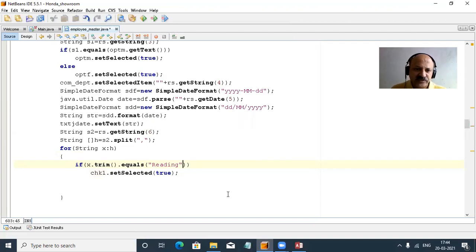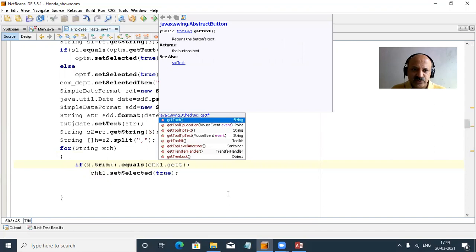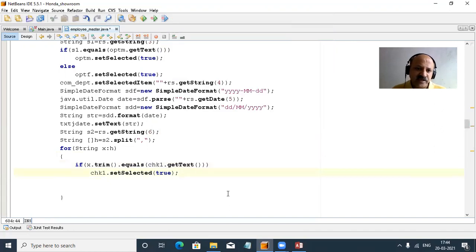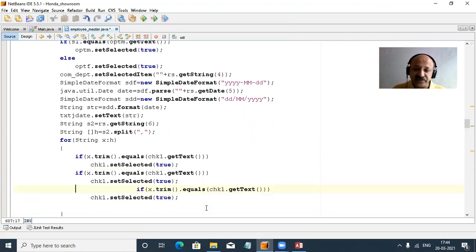So we can use chk1.getText, which returns the string, and directly in double quotes you can also compare. So both are valid. So let us check. First our appropriate record selection is very important, and then we can perform the update and delete operation. That is a perfect way we can apply to our coding.